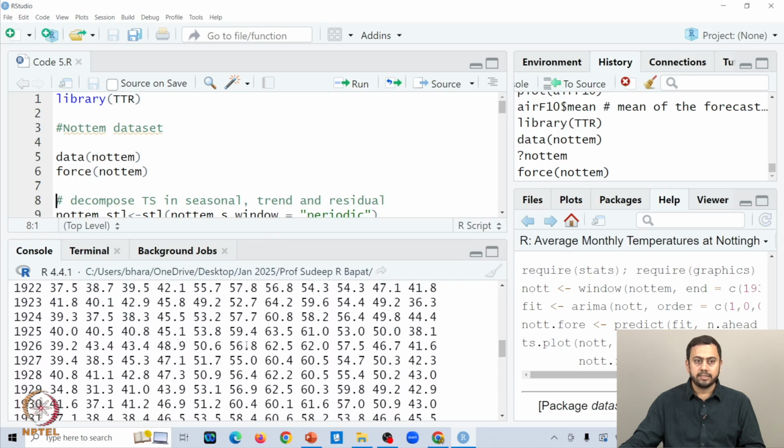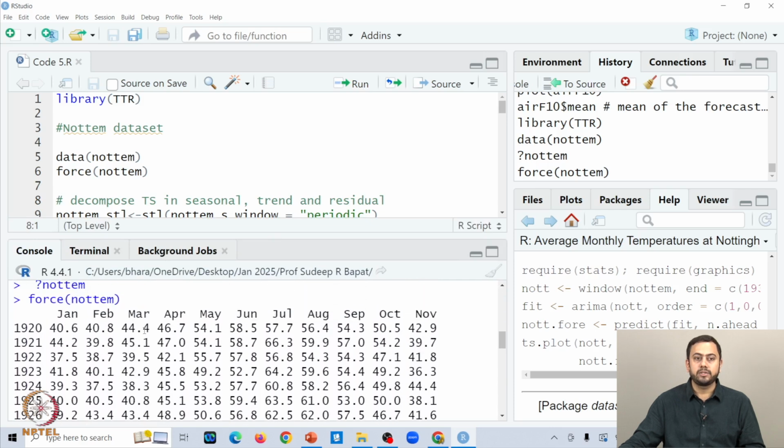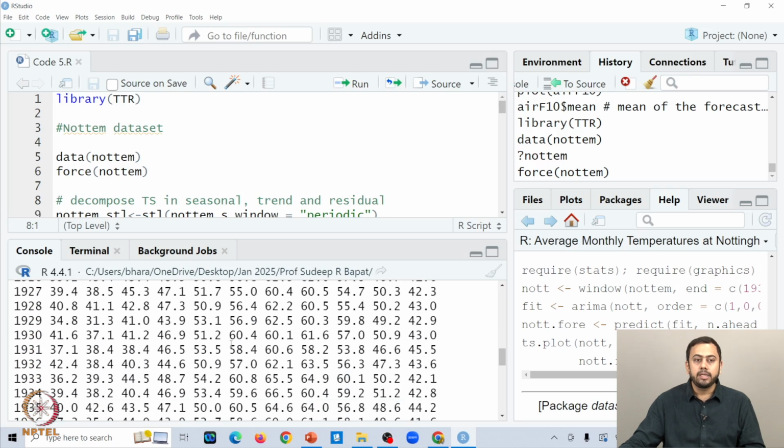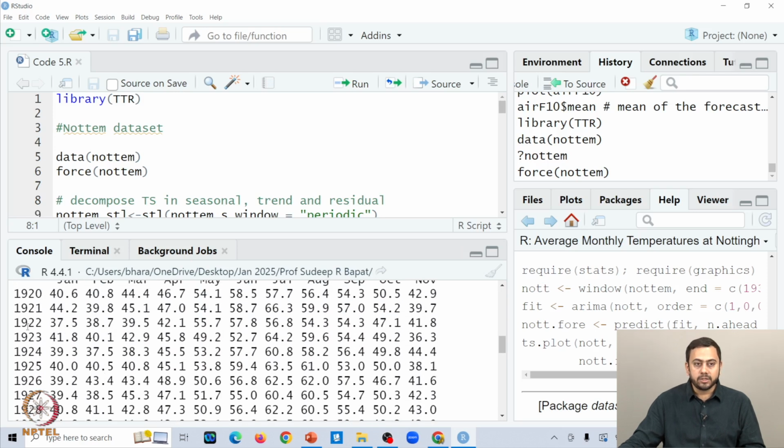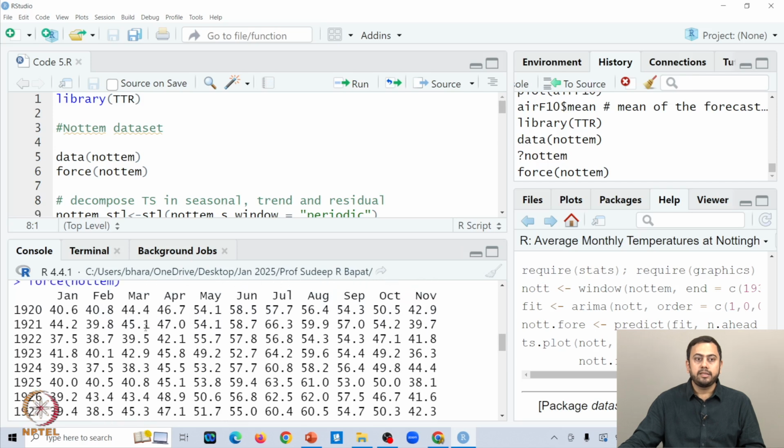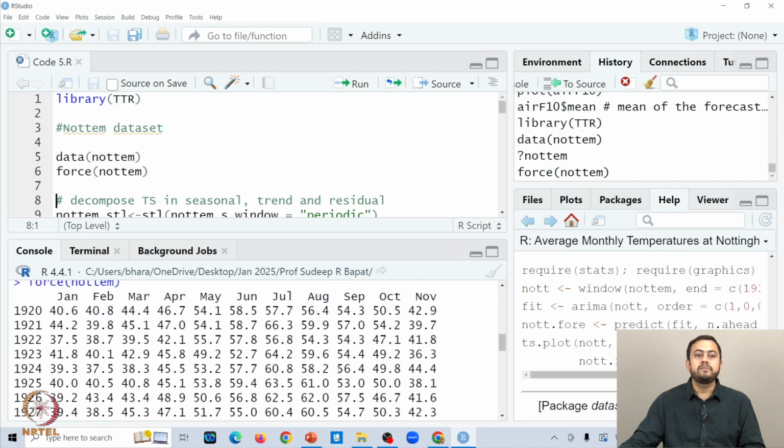Since I told you that you have monthly data, January, February, March, April, all the way up to December, and then over all the years. The first column gives you the years, and all the subsequent columns give you the months. And all these values that you see inside the table are nothing but the actual temperatures in Fahrenheit, okay.